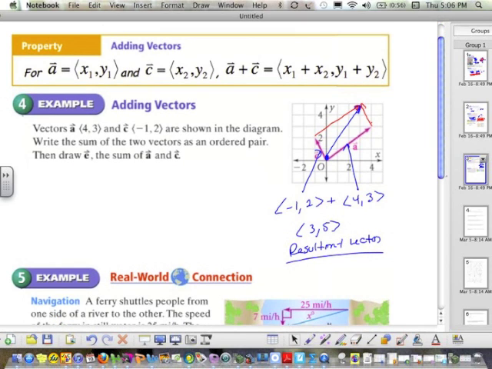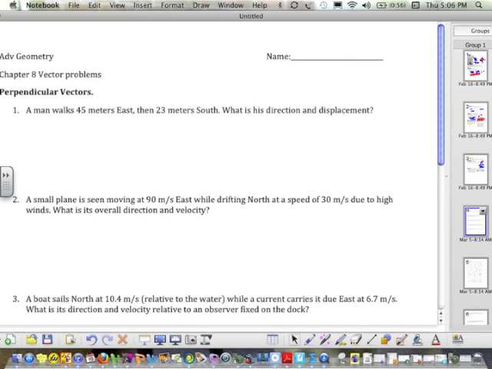Okay, I want to get to some of the problems that you had to do. So this worksheet gets progressively harder as you